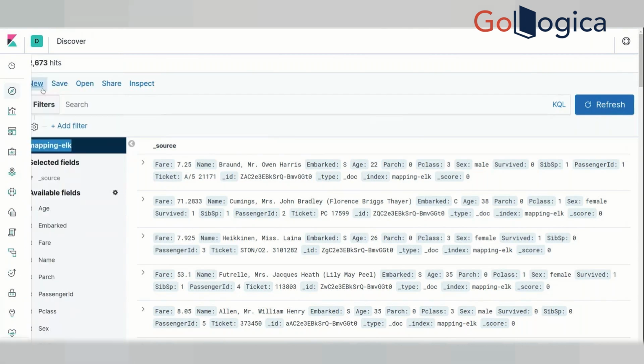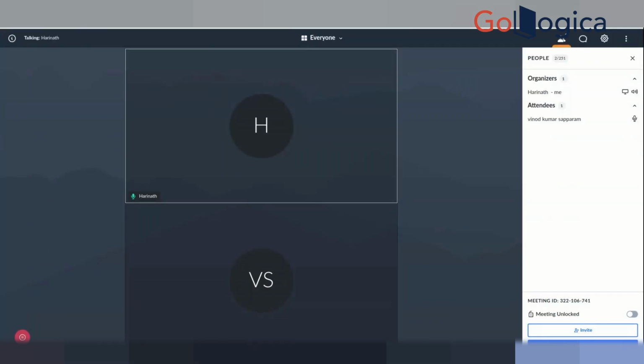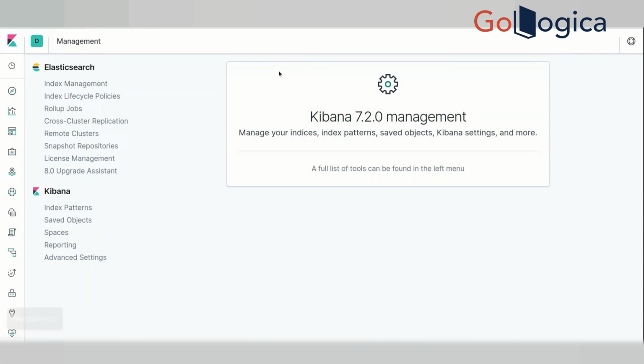Click on Discover. If you are not able to see any data, you just have to configure the management API first. You just have to go to the Kibana index pattern. That's the first point. After you create an index in Elasticsearch, if you want your data to be displayed in Kibana, the first step you have to do